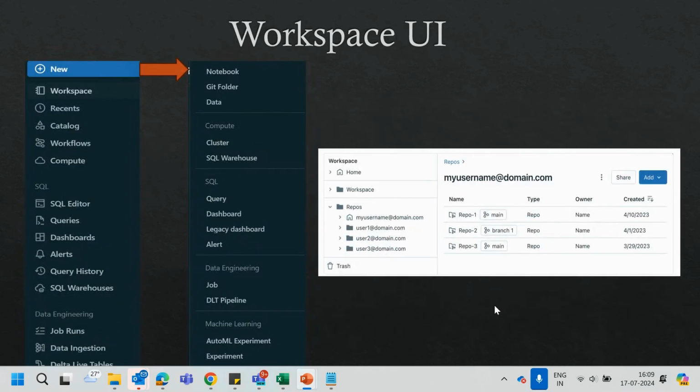So the next that we have was Workspace UI. In the Workspace UI, there are multiple things that you will see on the left side. If you enlarge this workspace, there will be multiple things. There will be notebooks, there will be Git folders that you can create. I will show it in the practical as well, but in this diagram on the right side, if you will see,